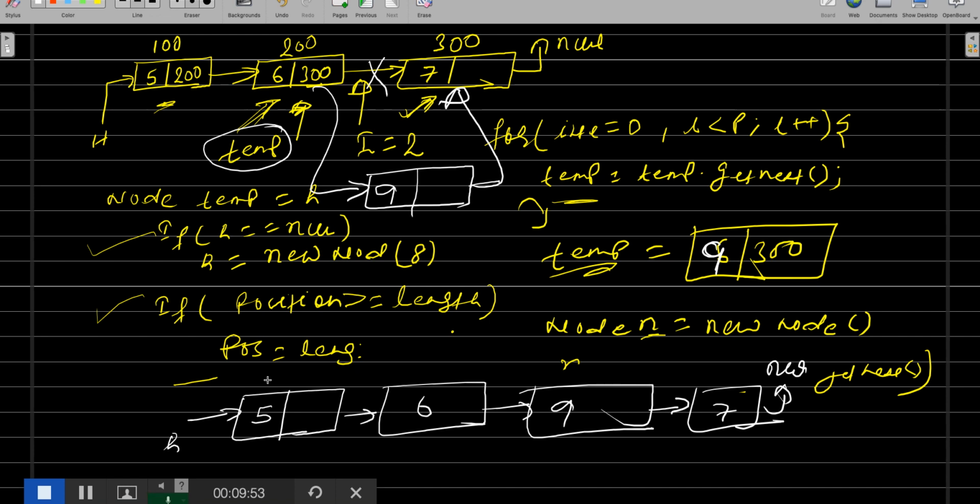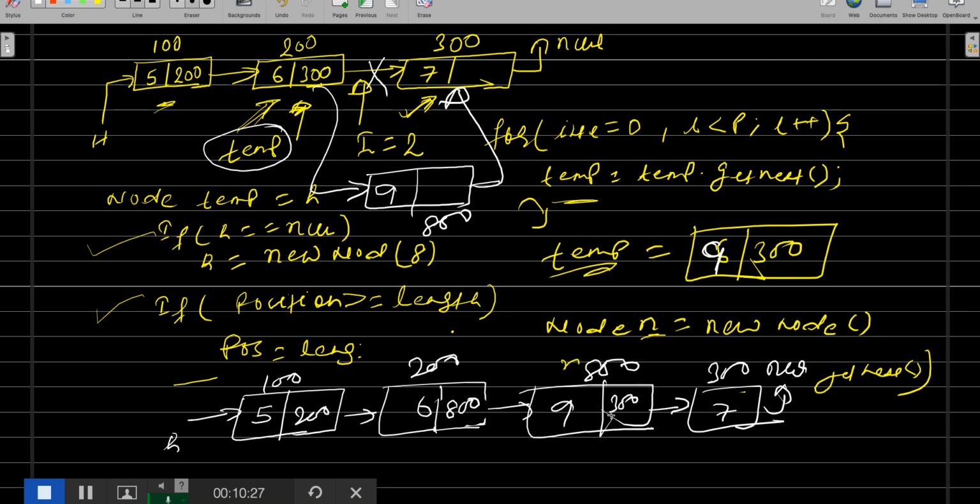And of course all of these will have addresses. So this has 200, this has 300, and now this guy's address is, let's say, 800. So what will happen, the 300 will not be here any more. It's going to be 800, and here also 800. And for this guy, 7, we had how much, 300 earlier, right? So this 300 will come here. So that's how insertion will happen.